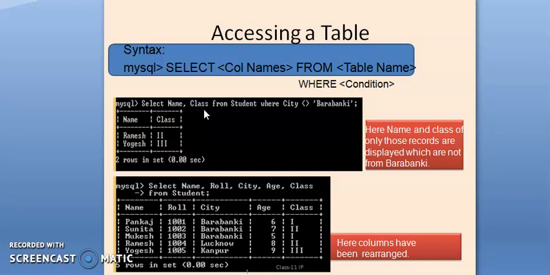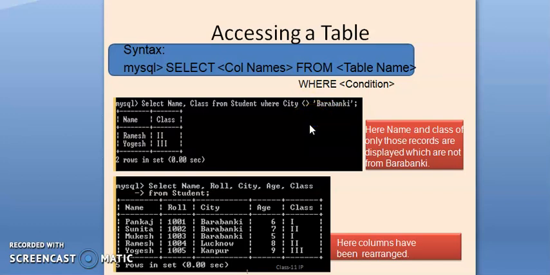So here I mention the 2 column names, select name comma class from which table? Student table, where the condition is specified, where city equals Barabanki. Students, you can see that in place of equals to, I can also use the less than greater than symbol, which means not equal to.